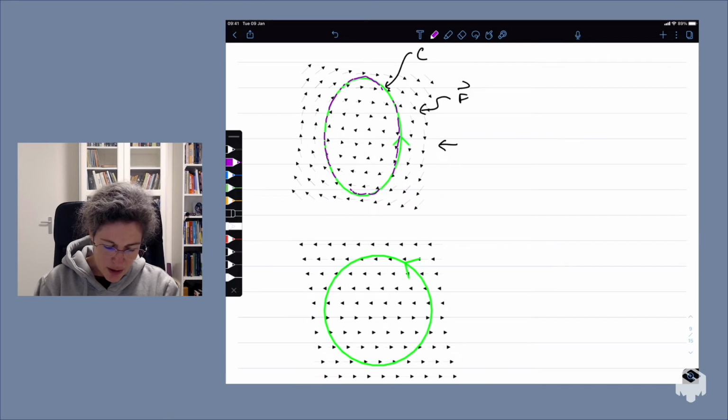On the other hand, if we look at this curve over here, now we've got a whole bunch of vectors over here that are in the same direction, and more over here. So we've got probably quite a positive circulation. We've got a lot of vectors that are in the same direction as the curve. Okay,